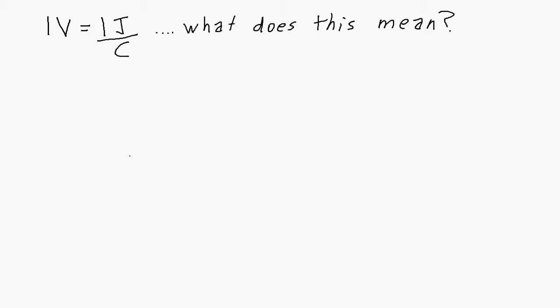Well, to understand what 1 joule per coulomb means, I'm going to give a very brief physics lesson here. Let's say we have a positive charge, some amount of positive charge located here, and this positive charge is stationary, it can't move. So what this positive charge does is it creates an electric field, and this electric field we can represent